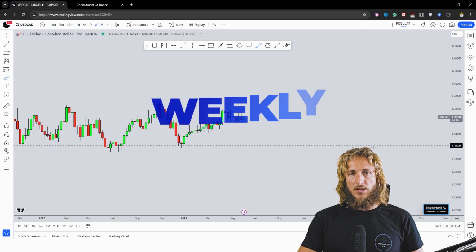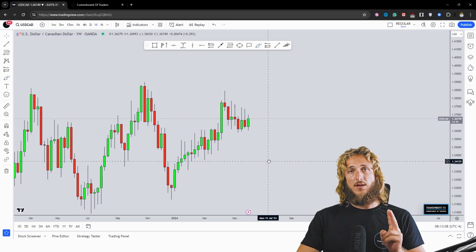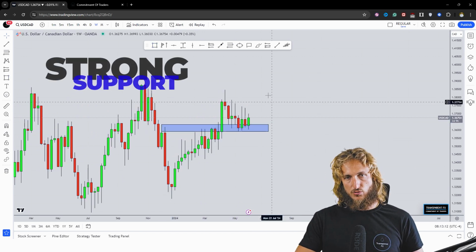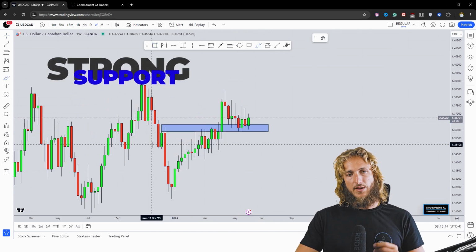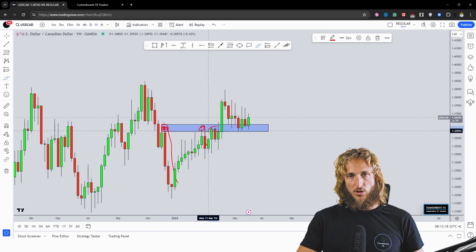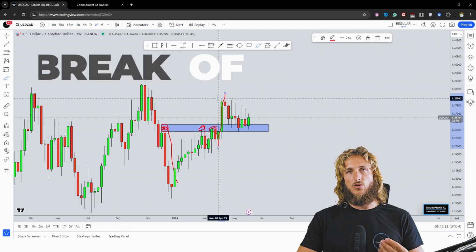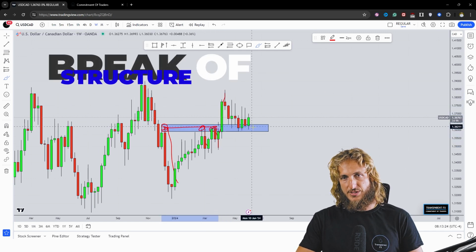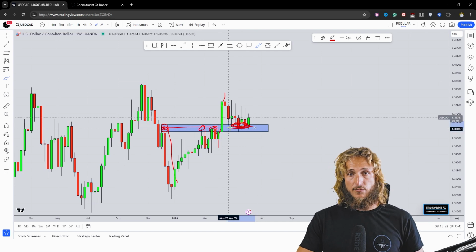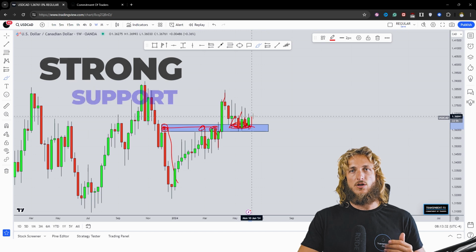Let's drop down on the weekly time frame and see what we have. From a weekly standpoint, there are two main important things to keep in mind. The first one is that we do have structure support at this zone. This area, in fact, was already acting as previous supply and resistance here, preceding all these rejections to the downside. Then the market with this impulse broke above the zone. So all the previous resistance was turned support at this area. The market tested it already for multiple weeks in a row and currently it seems like it is finally starting to reject